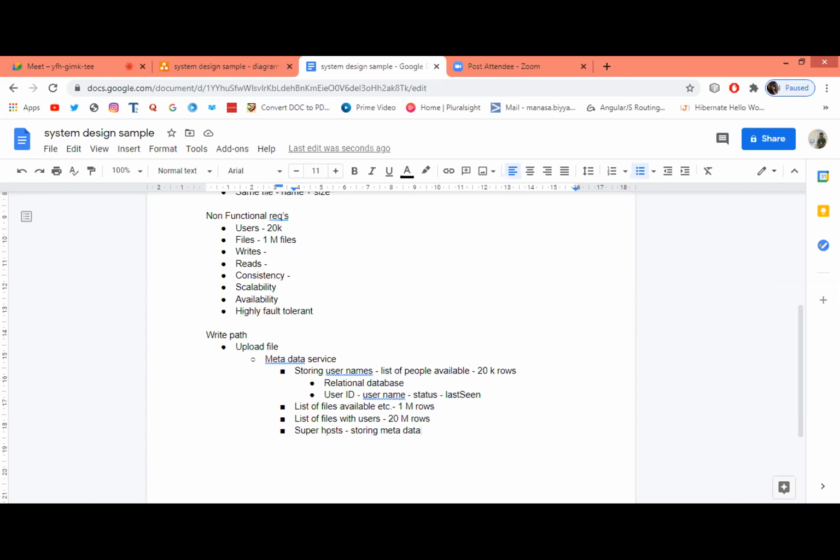Are you understanding? Again, the load will be on each superhost? Yes. So if we want to reduce the load, so